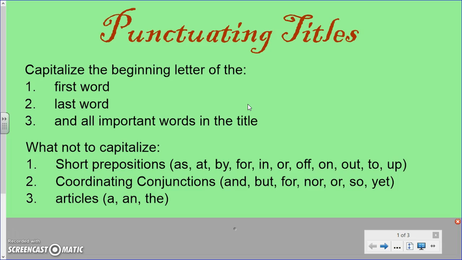And we're starting with something simple and basic because this is something that you will use throughout the rest of your life, and especially this year with the large amounts of pieces of literature that we will be looking at and writing about. So it is important that you learn this basic thing and how you actually look at and punctuate titles.